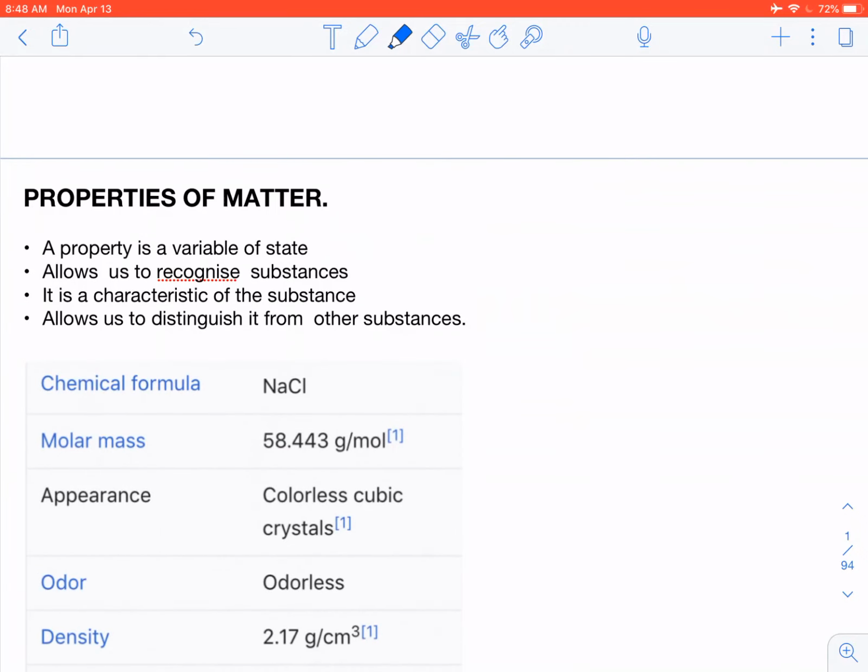Let's look at the properties of matter. A property is essentially a variable of state. It allows us to recognize a substance. It is a characteristic of the substance, and it allows us to distinguish substances. I've got a few properties of various substances, and these I got from databases, international databases, which give you the properties of these substances. Now let's look